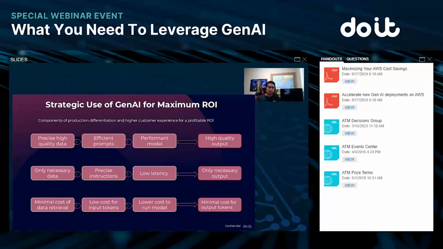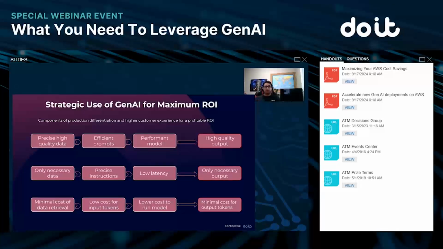That's why we start with data, the quality of the data, then your prompt, how efficient is your prompt, and then your model performance and infrastructure that we were talking about, latency with services like Bedrock or Gemini, and then being able to judge the quality of the output. The pricing that I was showing you includes all of these: data storage, traffic, input tokens, output tokens, the models. Okay. And choosing the model.